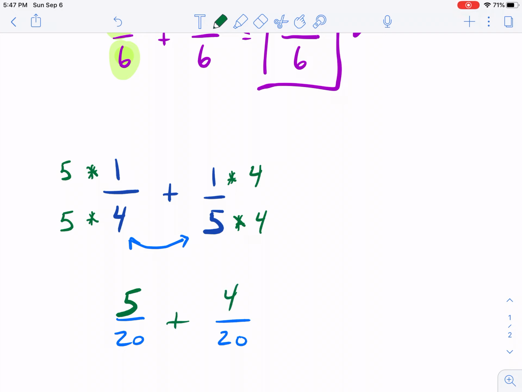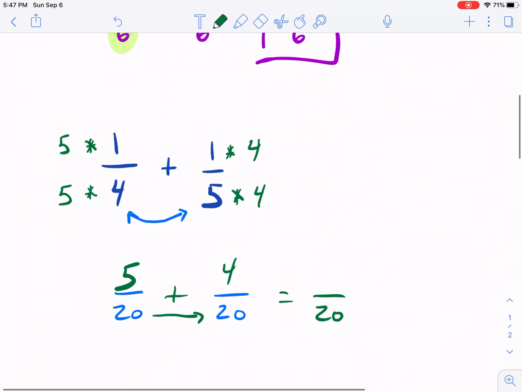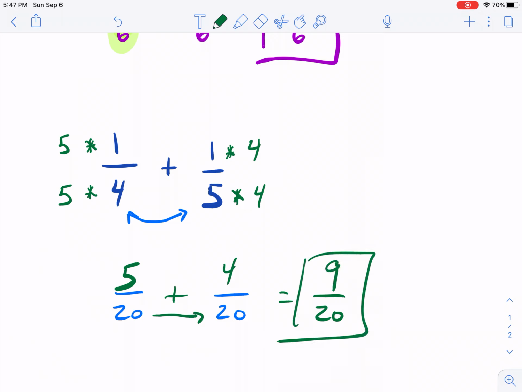We're going to add these numbers together. We keep the denominator. So now we're going to combine. We're going to add fractions that are speaking the same language almost because they both have the same denominator. And so we just add the top. 5 plus 4 is 9. And we cannot simplify that. And let's see. Another great big check mark. And that's how you add